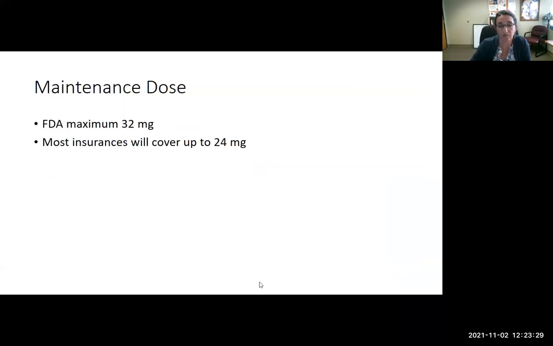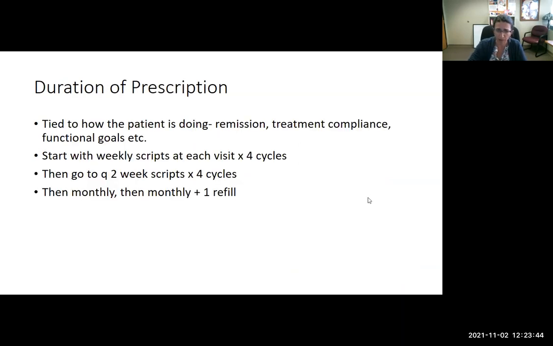So the FDA maximum dose is 32 milligrams, but most insurances will just cover up to 24 milligrams. There are some patients, and I think some cases to be made, especially now with fentanyl here, that patients may need higher doses. The duration of the prescription is really tied to how the patient's doing and what their goals are. And there's no rule for how long the prescription should be, but most of the time it's recommended